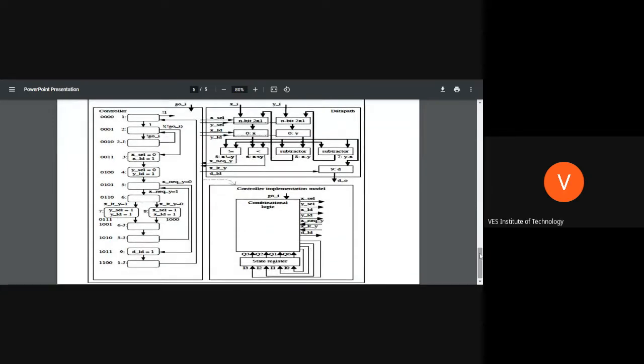The controller is something like this. The controller is a little more tricky. These will be the states in the controller. First, it will check whether reset is on. If reset is on, it will stay in the same state. If reset is not on, then it will go to the next part, go. After that, it will check for enable. If enable is 1, that means select and load.